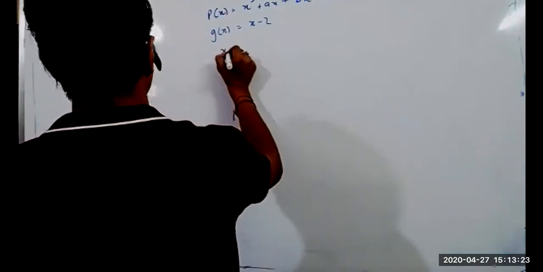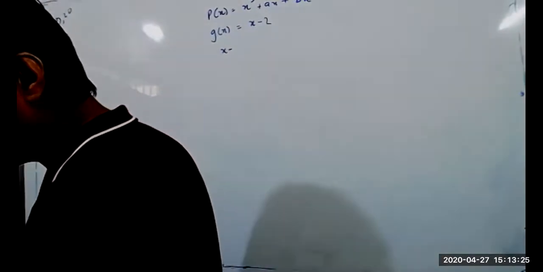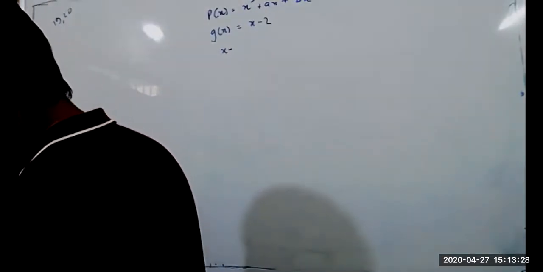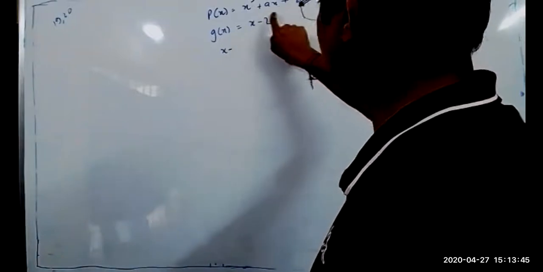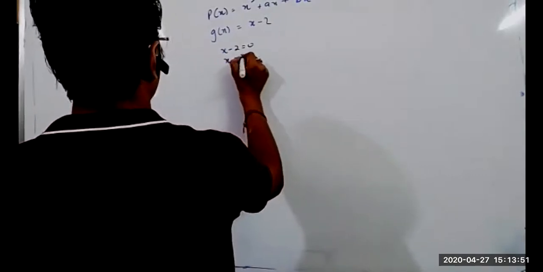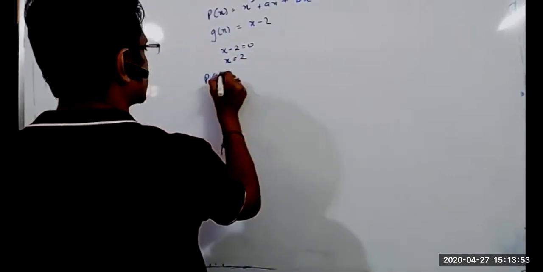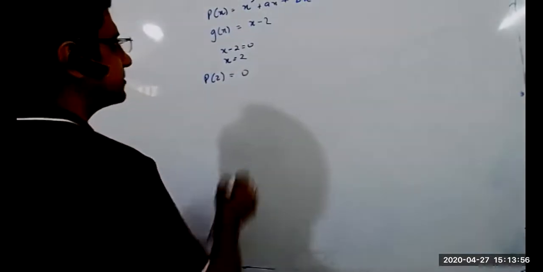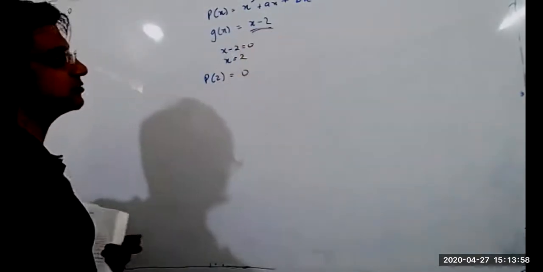So what is the value of x? Manish, are you trying to tell something? Sir, could you just repeat the first line? The question is, if x cube plus ax square plus bx plus 6 has x minus 2 as a factor. So what equation can we form? x minus 2 equals 0, x is equal to 2. So P2 should be equal to 0. By the remainder theorem, since it's a factor, P2 will be equal to 0.